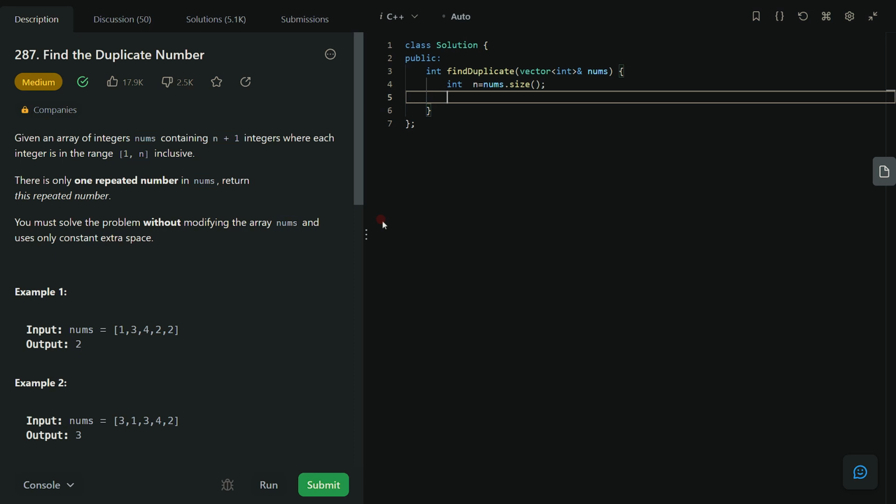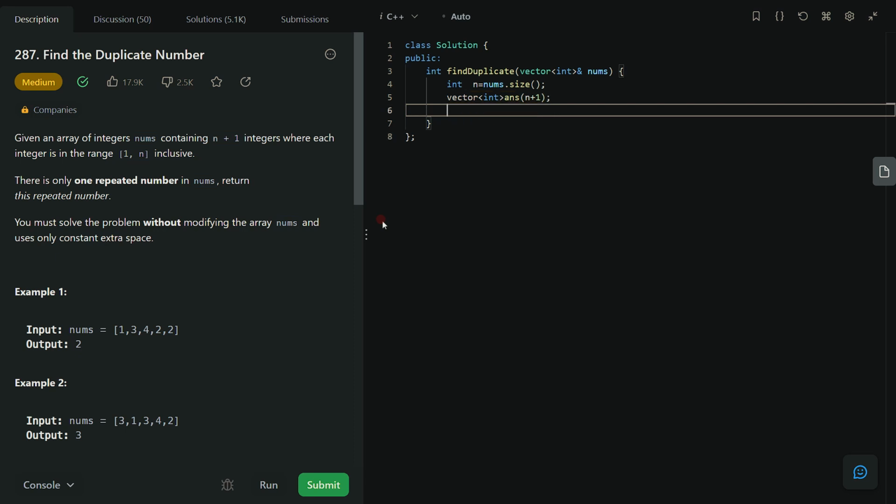Now I will create a new subarray of size n plus 1, a vector of int. Let's suppose my new array name is answer, of size n plus 1, right? Of size n plus 1. Now we'll run a loop to place the element as an index in the new array,